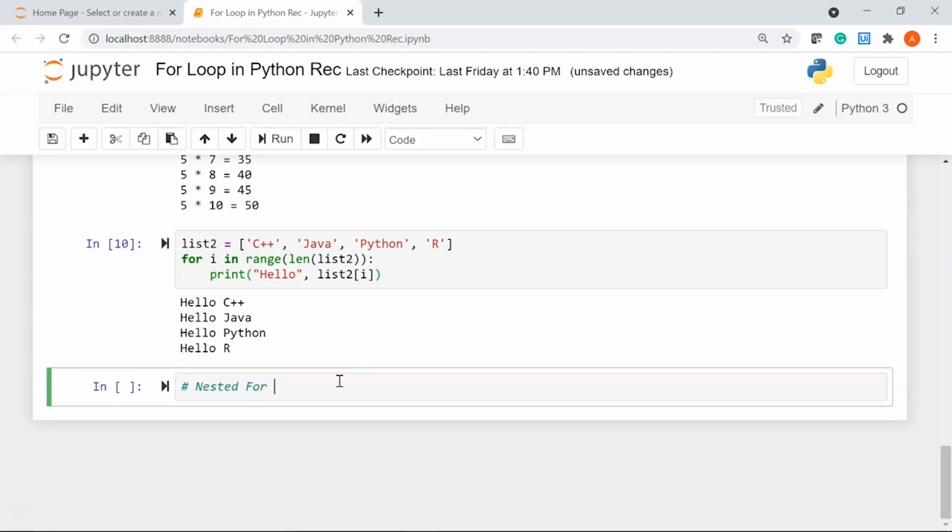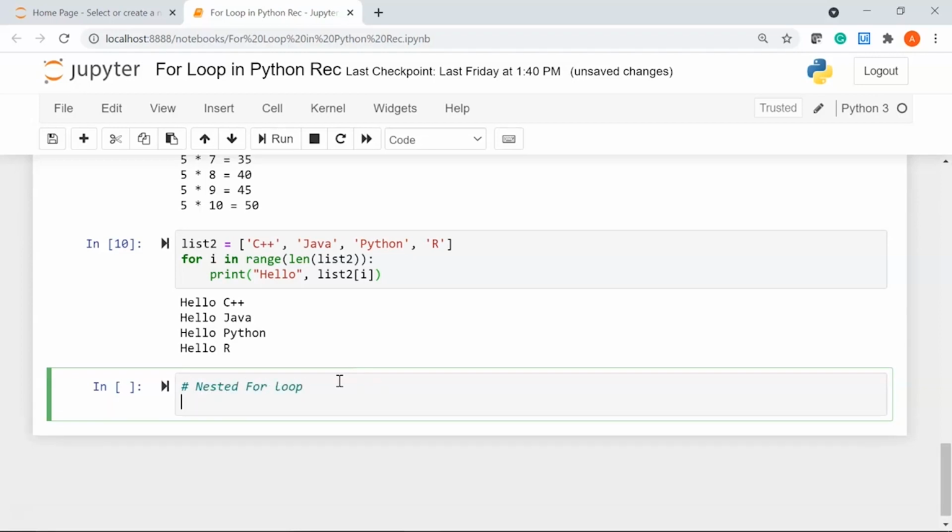I'll say nested for loop as my comment. Let's say I have a list of company names. My first company I have in my list is Google. Let's say Apple, PwC, and then we have Uber.